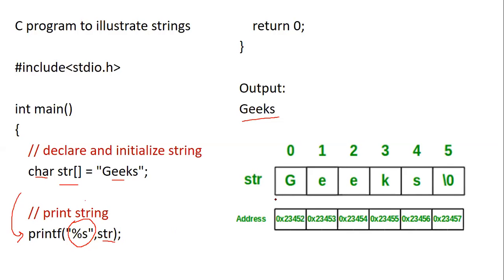If you see the memory storage, when we declare the value of str as geeks, how is it going to be stored? G is going to be stored at location 0, then E, then K, and S. The last value which is automatically getting inserted is slash 0, which is called the null character. It shows where the string ends. Below, we can see the address field. Addresses mostly consist of hexadecimal numbers, but here you can see we are giving addresses in decimal numbers just for understanding.